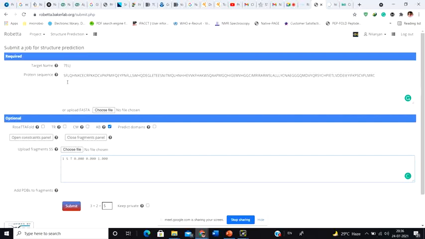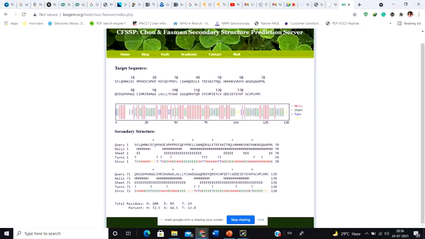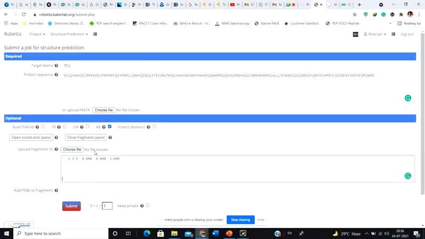And suppose this F and L, I'm sure they might have a helix, or a beta sheet, I'm not sure. But I'm sure that the fourth amino acid, the Q, is going to be alpha helix, because it doesn't have a propensity to form beta sheet. It will be alpha helix. So I'm also going to write down that the fourth amino acid, Q, is going to be an alpha helix. And for helix, it's going to be 1.000, 0.000, 0.000.